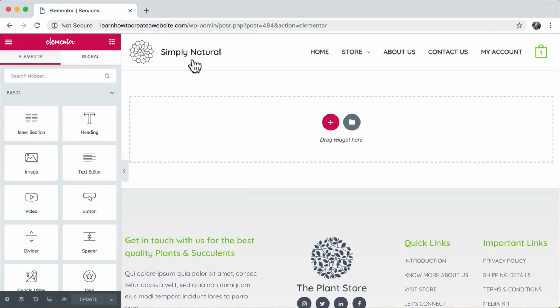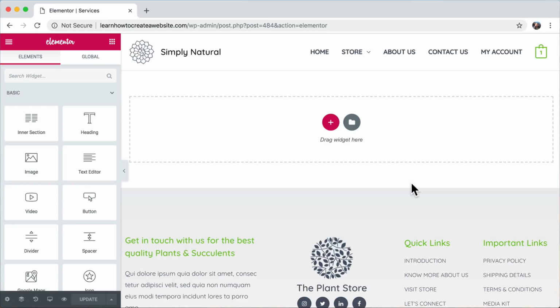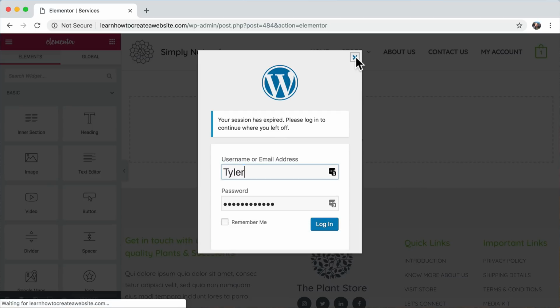All right, and then that's going to open up Elementor for us, and it'll be the same thing. But I think we should show them content blocks. I don't know what they're called. I think they're like template blocks or content blocks. They change the name every once in a while. So how do we do that? Or why do we do that? Sorry, let's do why. Yeah, so we know that if you click the plus, you get to make your own section. But that can take a long time, and maybe you're not sure how you want to organize it. You can click the little folder, and you get